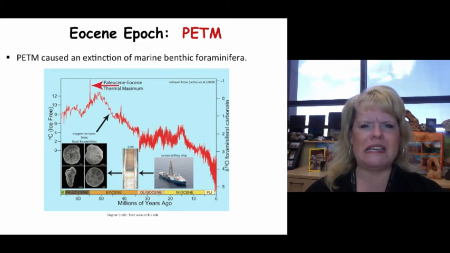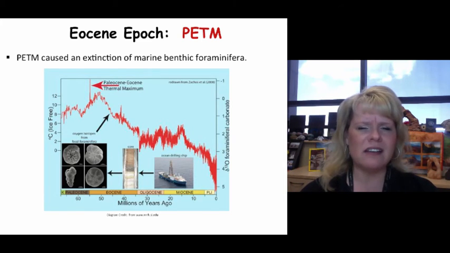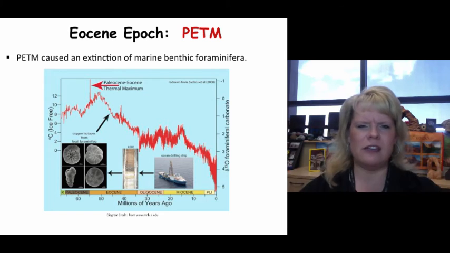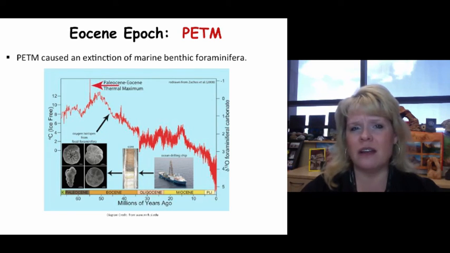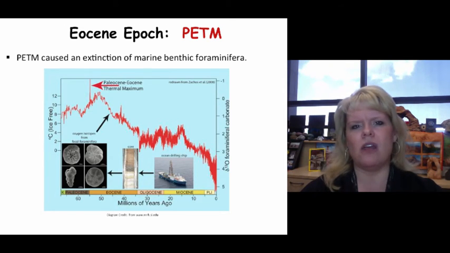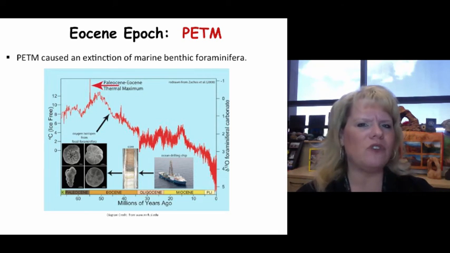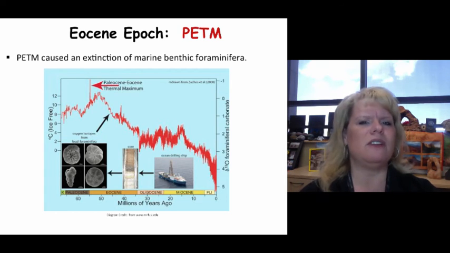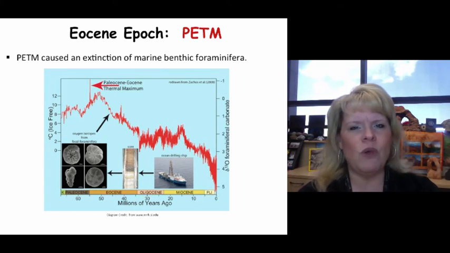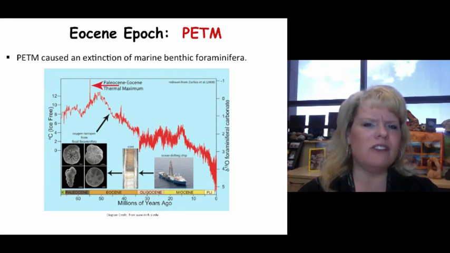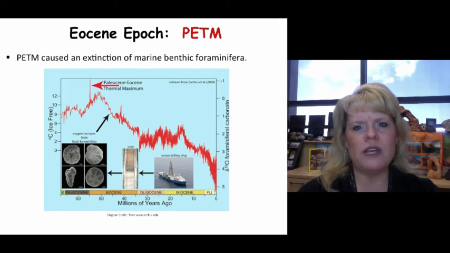One of the things that happened in the PETM was it's thought that methane clathrates, which is just a fancy term for an ice fabric that builds at the bottom of the ocean. It's kind of like a lattice or a cover that covers a methane pocket. And when that ice melts, it releases a bunch of methane all at once, which escapes from the ocean up into the atmosphere. And methane holds substantially more heat than carbon does, so it makes it a very important greenhouse gas.